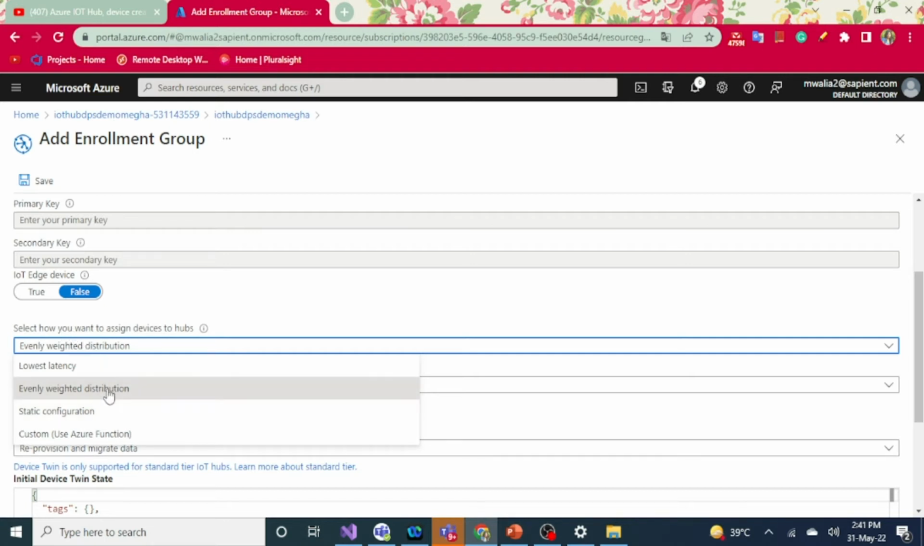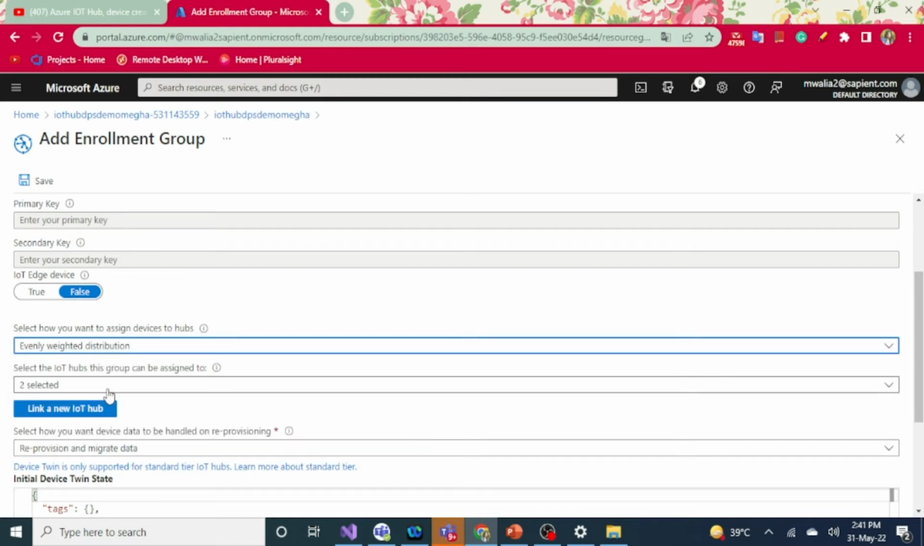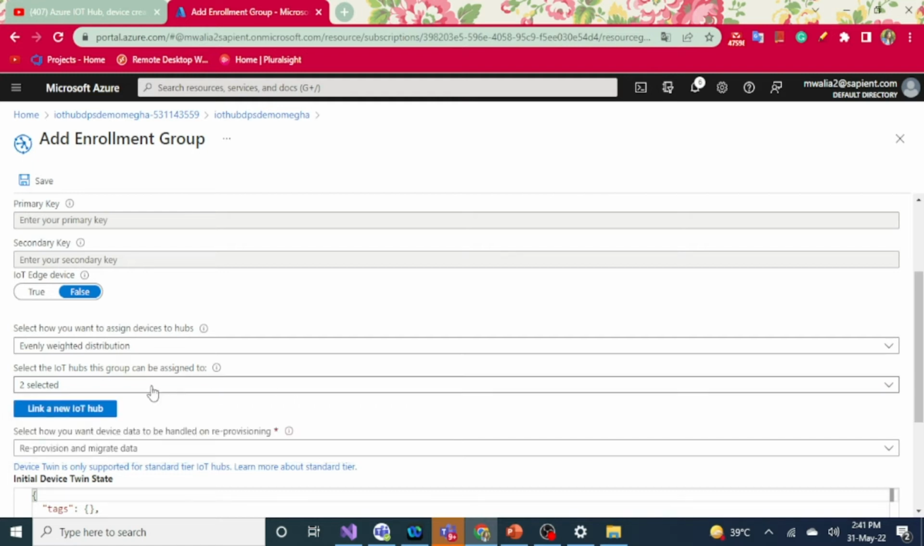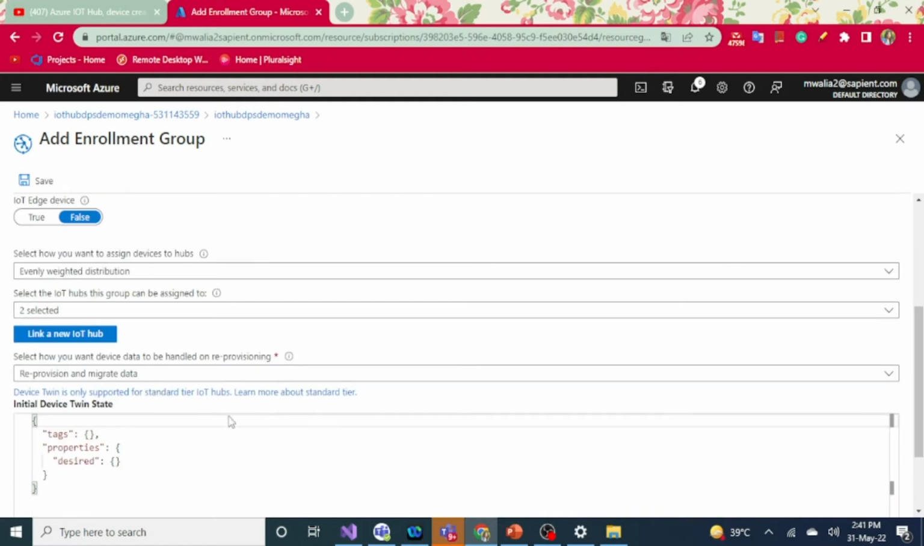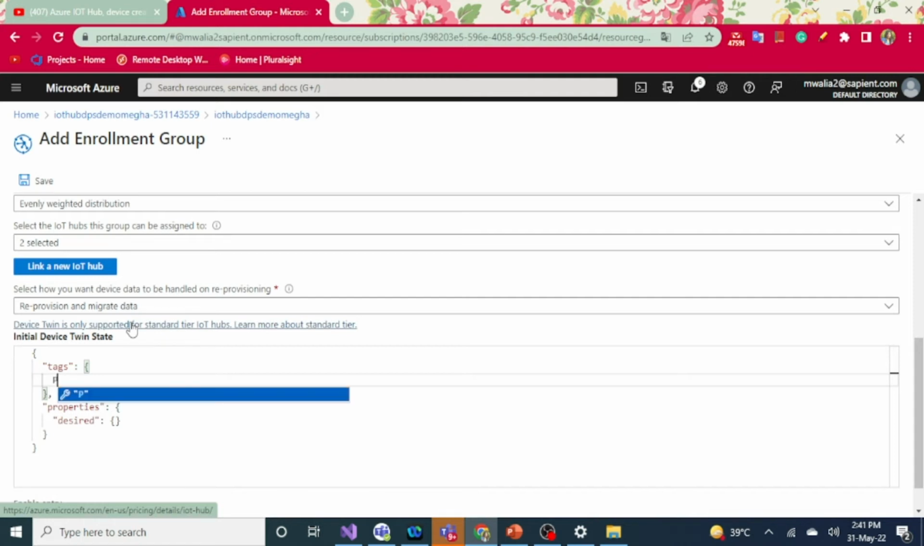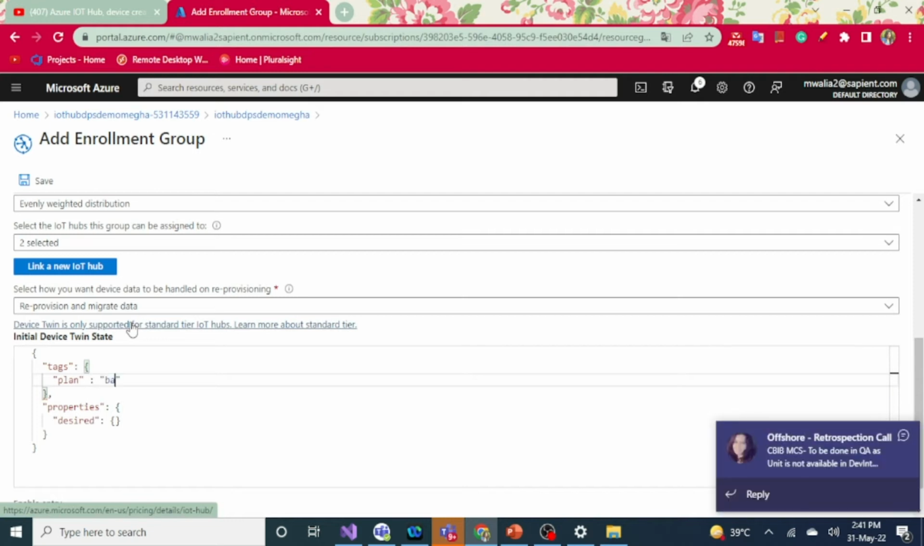So right now I am selecting the evenly weighted distribution, and evenly weighted distribution will be adding devices to my two IoT hubs. Right now both the IoT hubs are selected. I'm adding tags here. In tags we can say plan basic,